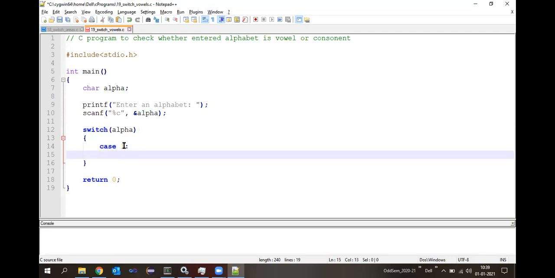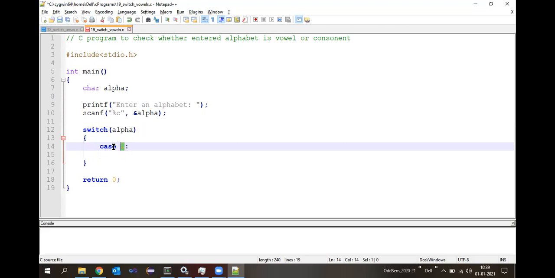So I cannot have a number here like 1. If I write 1, 2, 3, it is not going to match. Instead of a number, the label value also should be of a character type. So what will be the character type of value here? Since we are looking at whether the entered alphabet is a vowel or a consonant, if you categorize into two parts, vowels and consonants, how many vowels are there? Five, sir. Five, right? So out of 26, 5 are vowels and the remaining are consonants.